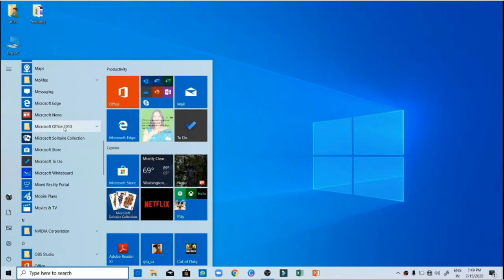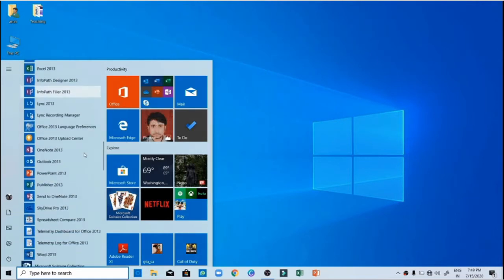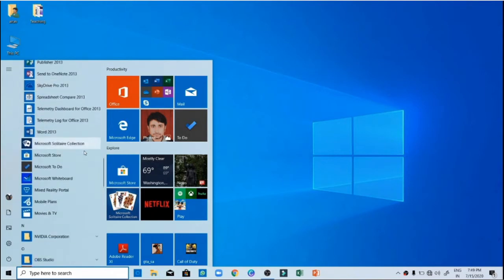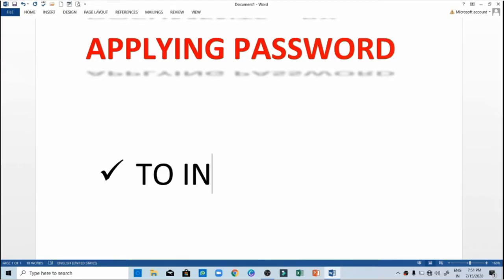From there, visit MS Office Suite, and further when you click on more options to it, you will see other applications of MS Office and locate MS Word. Now you can see here the MS Word icon. You click on MS Word. So as you click on MS Word, the Word window will be displayed on your screen.